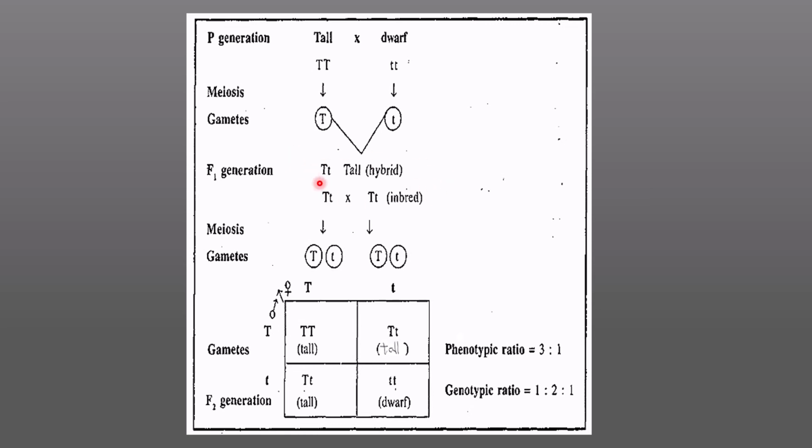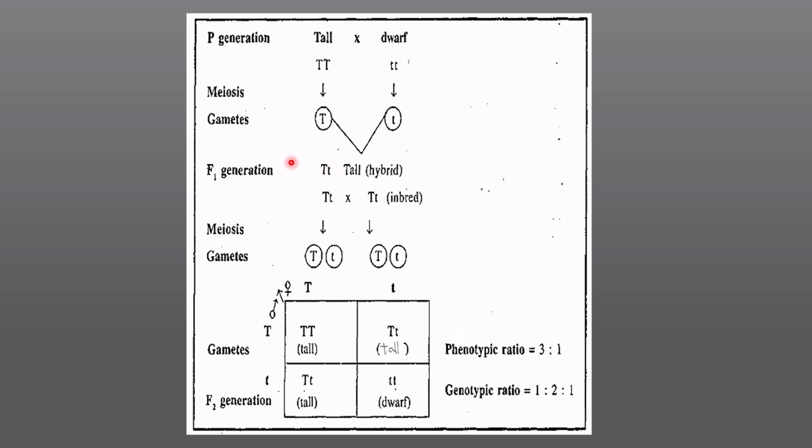So we can infer that the character that appeared in the F1 generation, irrespective of the other allele, is called the dominant character, that is tall, and the character which did not appear in the F1 generation is called the recessive character. Okay, so what's happening here? The capital T, or the dominant allele, concealed or suppressed the activity of the recessive gene.